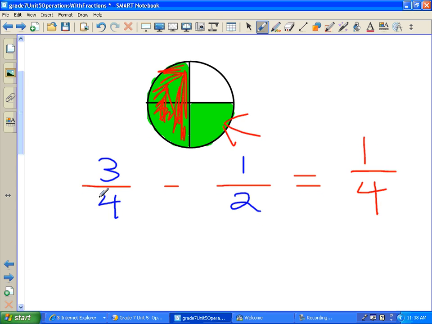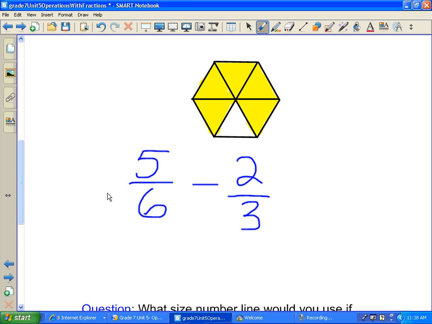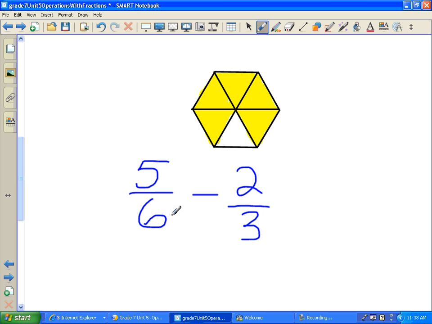I'm going to try another one down here. You have 5/6. 1, 2, 3, 4, 5, 6. And you're going to take away 2/3. So if you break these into 3 pieces, remember this is your third, shaped like that. This is your other one, like that. And then this is your third third. So now that is broken into thirds, and I'm going to take 2 of them away. So this one's gone,